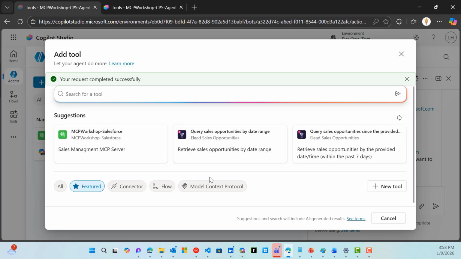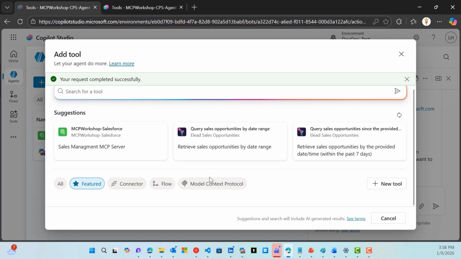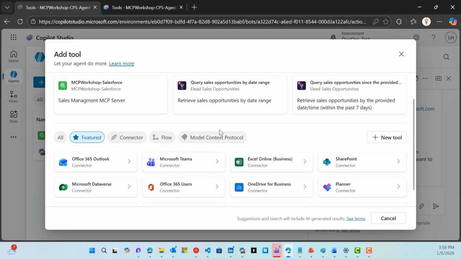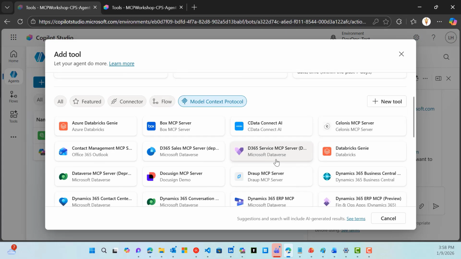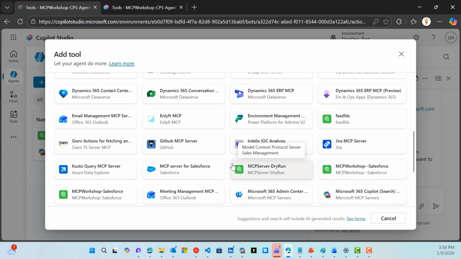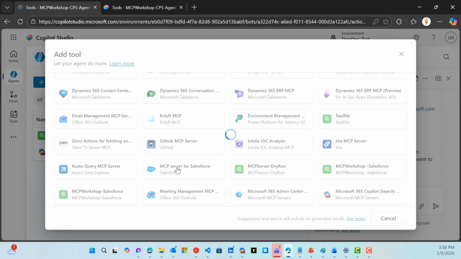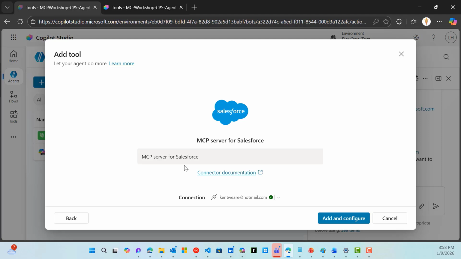Part of the reason for this is because we've gone through that configuration experience where we choose the entity that we want to interact with. That's something that doesn't exist on the MCP server for Salesforce. It's going to ask you to provide basically their query language. It's not a bad tool for querying data from Salesforce, but I would argue it's not a great tool for creating data, because this is not something that you can configure, right? This is something where you might be able to provide a query, but it's not the same as calling a